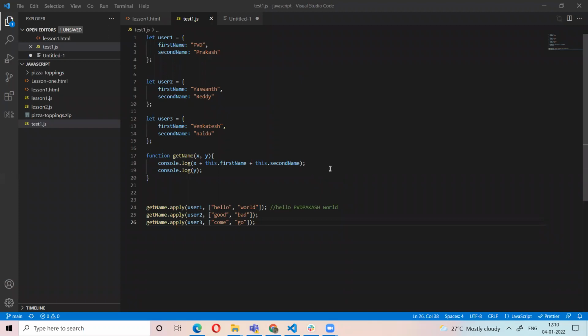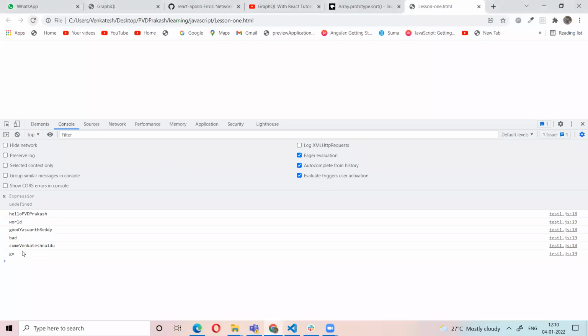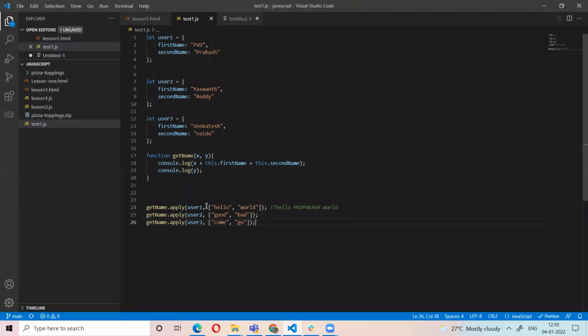Yes. In terms of output, is there any difference? No difference. Let's see. This is call, this is apply. Only passing the arguments is the difference.